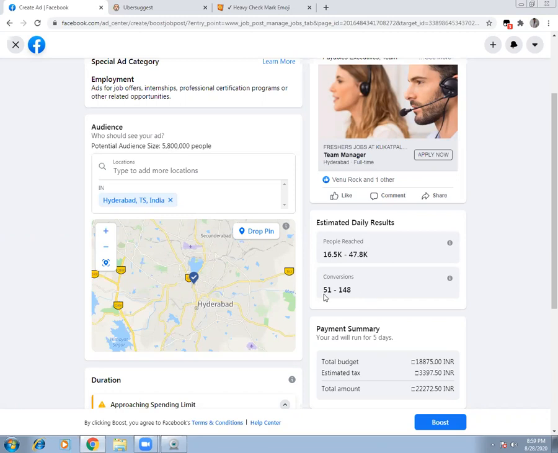This much to this much people out of this much people were shown on your lead form. Now those people have submitted their application. It is not guaranteed that you will also get, because if you are targeting America and your job posting is in India, then maybe nobody will submit the application, right? So these are all mere assumptions only. So these assumptions can go right, can go wrong.